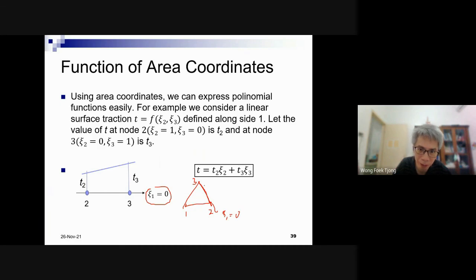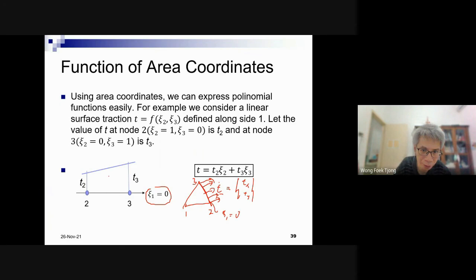For example, in this side, we have a surface traction force because we consider an element that is connected to the boundary, right? The element on the boundary that has sides on the boundary of the body. So suppose we have some traction force here. Let's say like this. This is surface traction, okay? Surface traction vector consists of x and y directions.